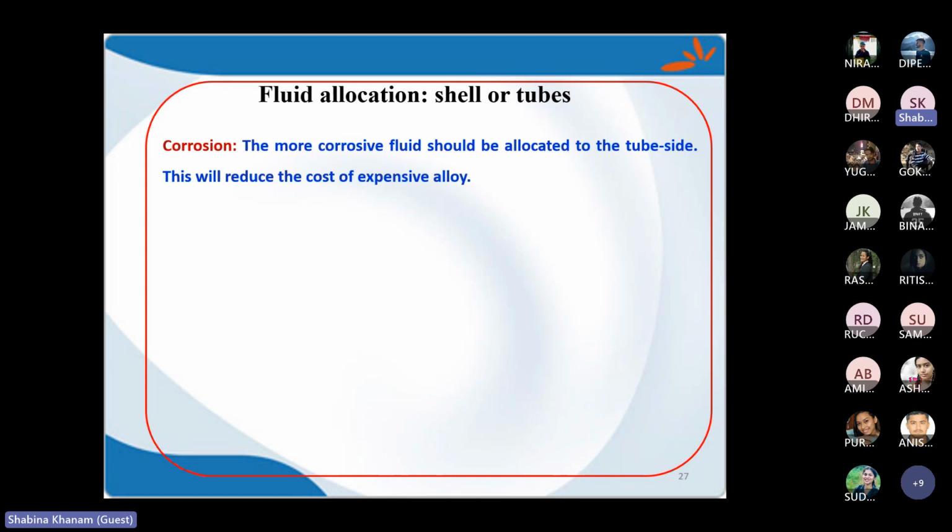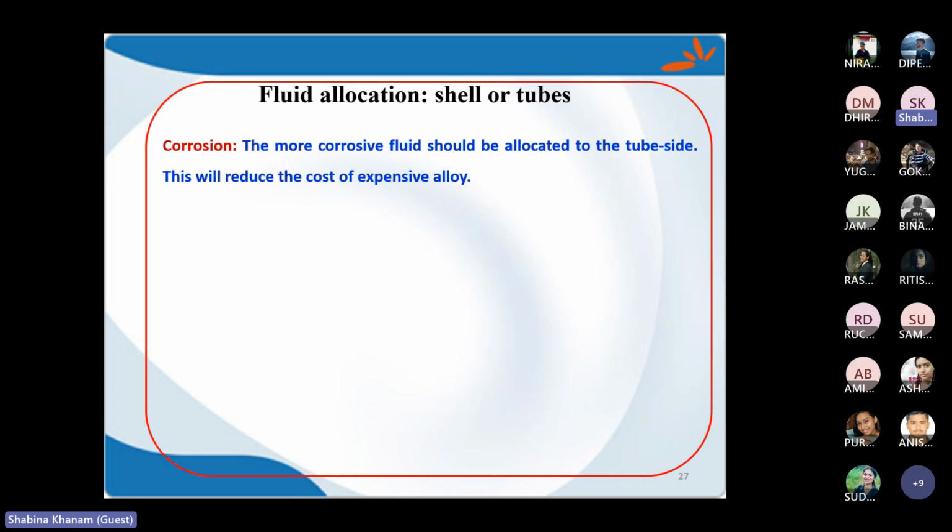The basic rule is: whatever is worst or bad, you have to do it in the tubes. Please listen carefully. Whatever bad you need to do in a shell and tube heat exchanger, or whatever the worst condition is, that should be done with the tubes, not with the shell. Every factor which gives a worse condition should be allocated to the tube side, not the shell side, because